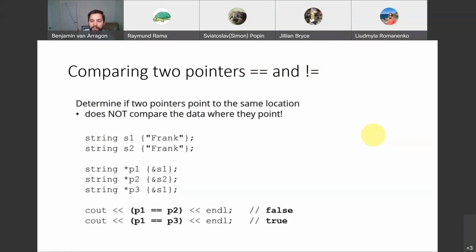Okay, so here we have string 1, string 2. String 1 is Frank, string 2 is Frank. They're both the same text. Now I've made 3 pointers. I've assigned pointer 1 to the address of string 1. I've assigned pointer 2 to the address of string 2, and I've assigned pointer 3 to the address of